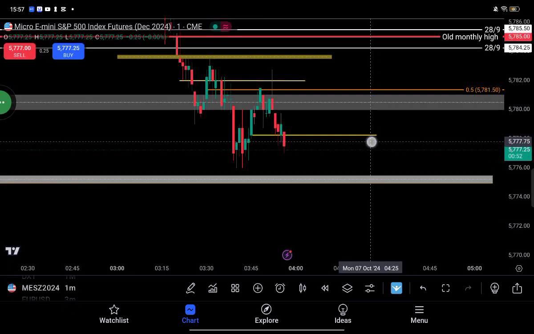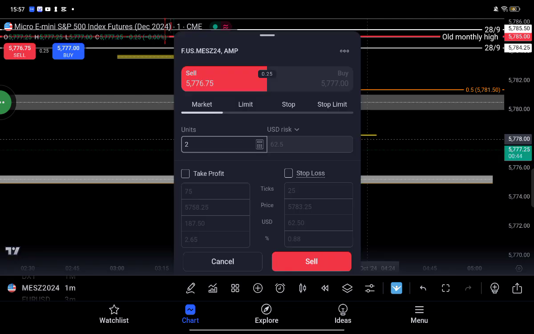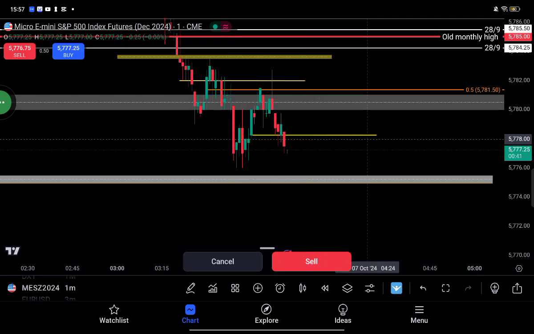Okay, right now look at this volume balance. So if it comes out to the volume balance,